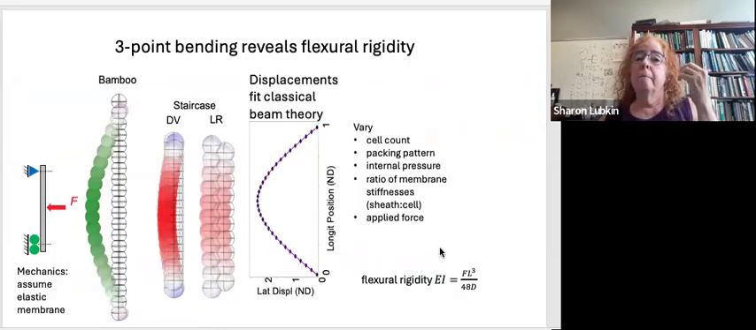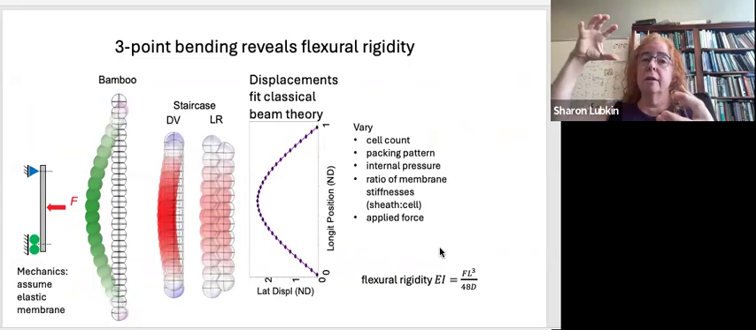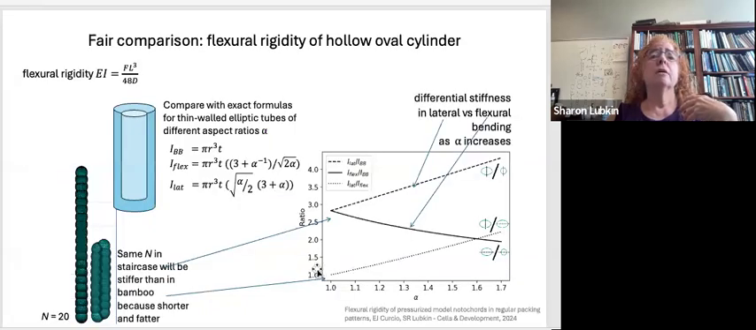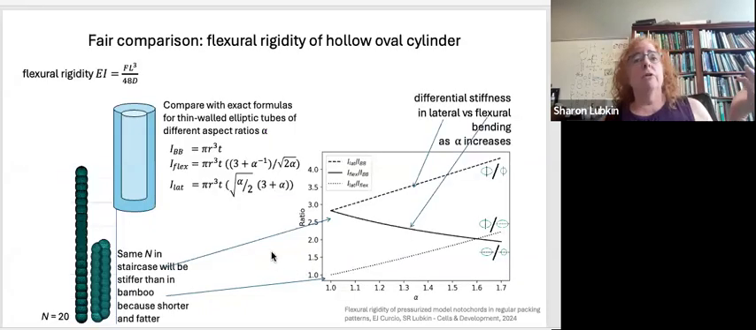Once we understood how stiff it was in inflation, we could then do a 3-point bending study to determine its flexural rigidity. And the displacements we found were very much in agreement with classical beam theory. And so that allowed us to simply look at the maximal displacement as a function of the membrane stiffness, the internal pressure, and the packing pattern. And with that, in order to understand